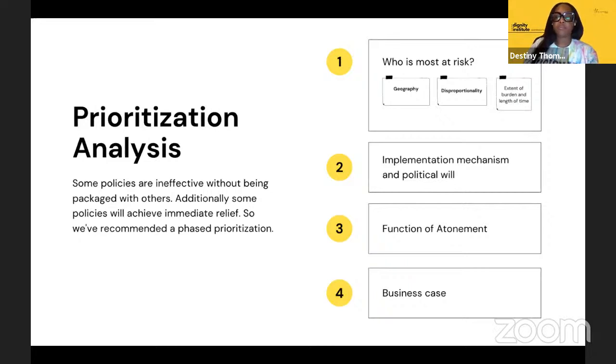The next thing is what the implementation mechanism and political will look like, right? So we know who we want to help first. Then we want to do an analysis of what kind of help will be the easiest to get to them or the most efficient way to get to them. The third consideration is,